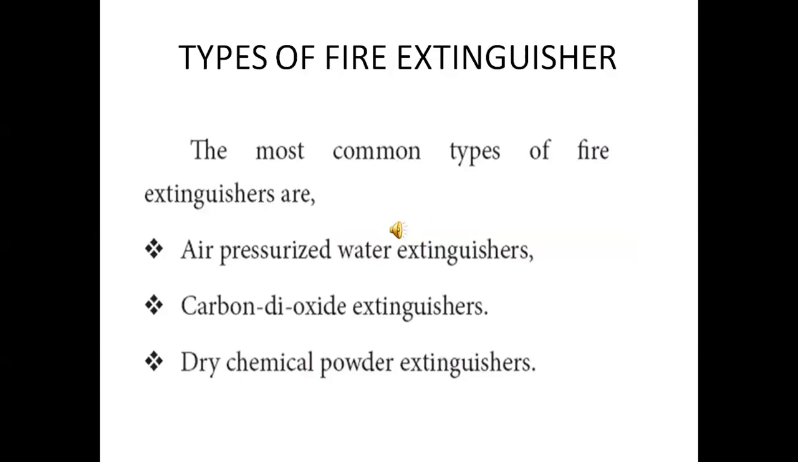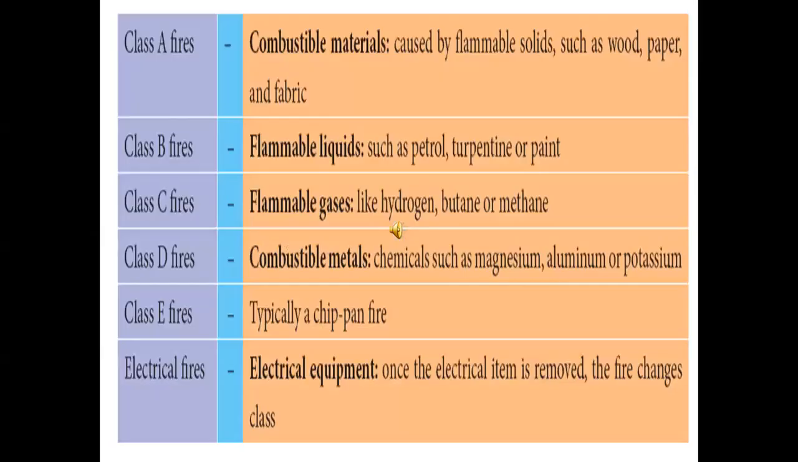Types of fire extinguisher. The most common types of fire extinguishers are air pressurized water extinguishers, carbon dioxide extinguishers, and dry chemical powder extinguishers. The different types of extinguishers tackle different types of fire. Class A fires. Combustible materials caused by flammable solids such as wood, paper, and fabric. Class B fires. Flammable liquids such as petrol,